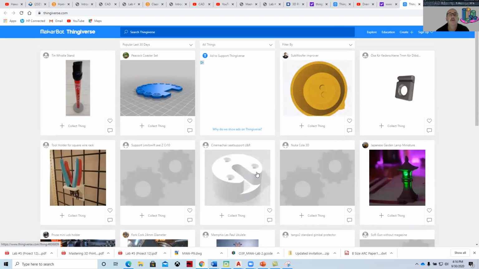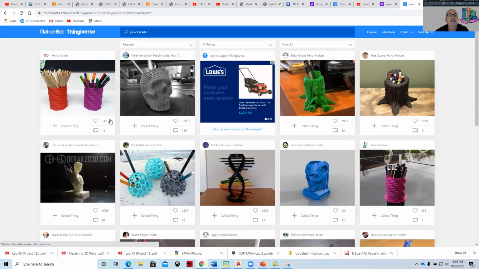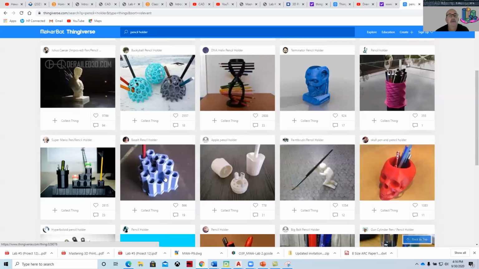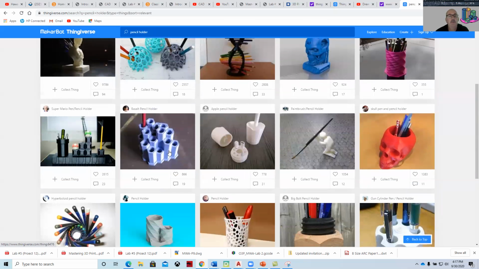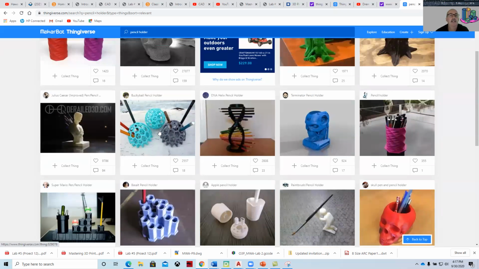And so, for example, if we wanted to download a pencil holder, we can get a number of these different holders. This is one I would like to print, something that can't be created any other way. This is very similar to what we were doing. And so if we were to click on, let's say, this model,